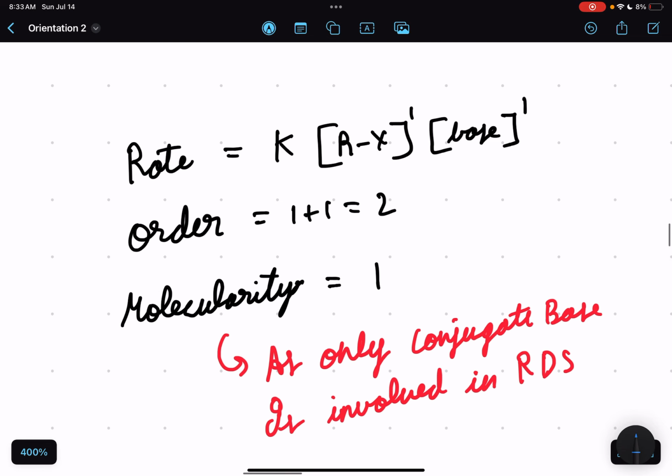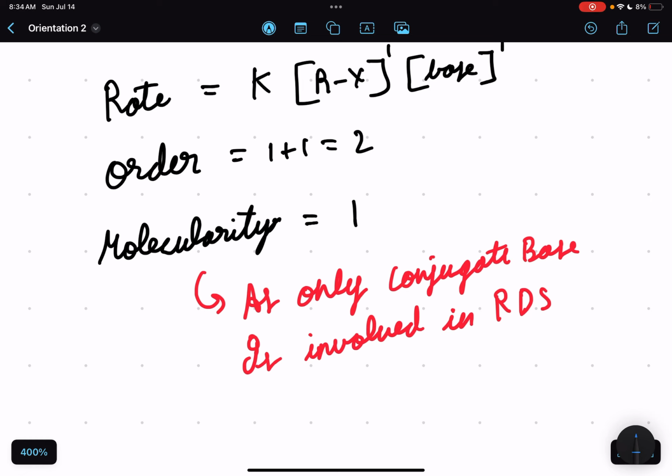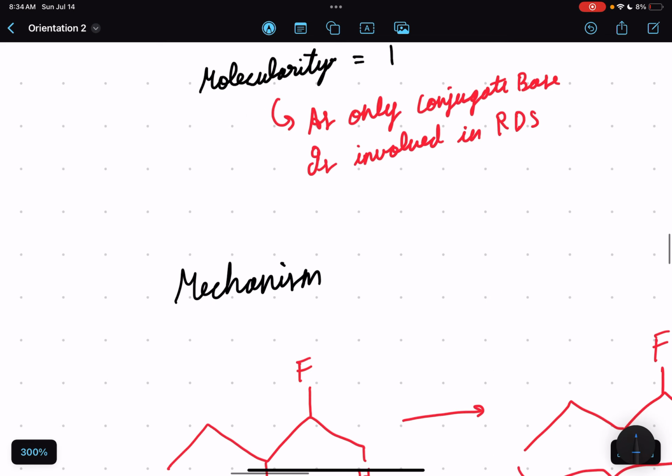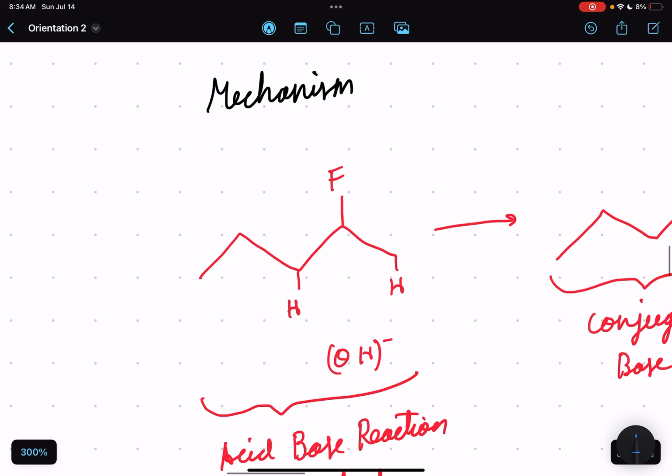If we move on to the next part, it's the rate. The rate depends on both RX and base. Therefore the order is 2 as it depends on 2 molecules. But the molecularity is actually 1 as the conjugate base is the only molecule that is involved in the rate determining step. If we move on to the mechanism, as you can see here, F is present